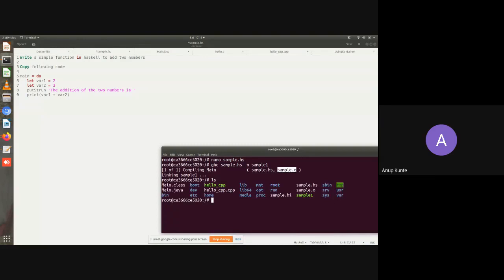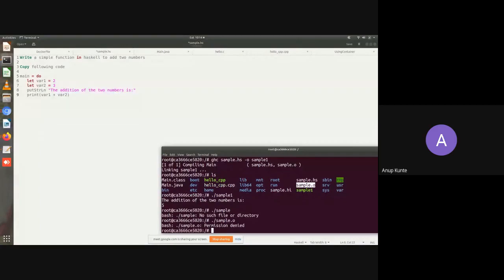So this is the compiled version of the code, and the executable runnable code is sample1. So I can do ./sample1 and it will run that code. Even if I do ./sample, there's no such file, but if I do sample.o, there's permission denied because it is not executable. I have to make it executable.